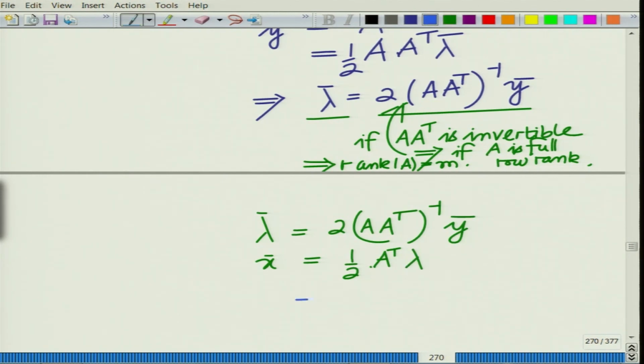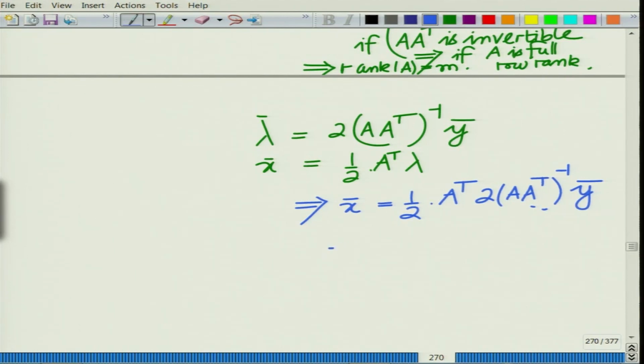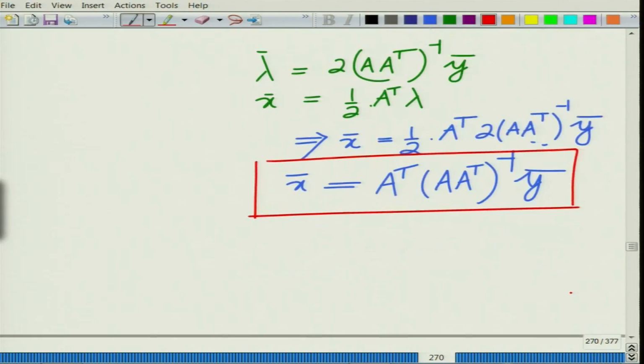Now, substituting the expression for lambda bar, this implies x bar equal to half A transpose, substitute for lambda bar, twice A transpose inverse y bar, which is essentially equal to A transpose inverse y bar. This is your